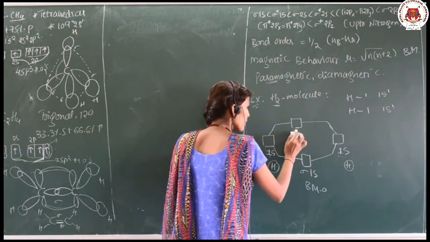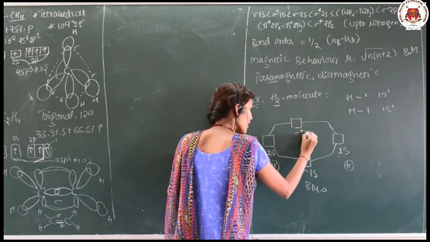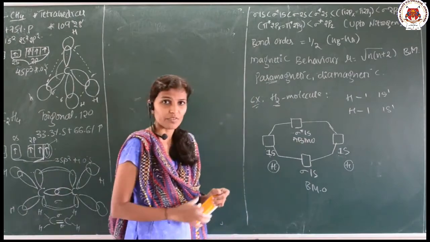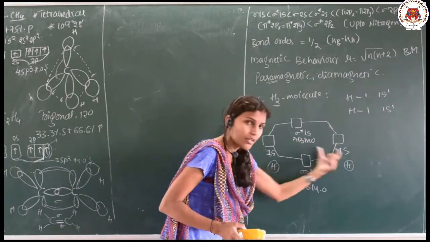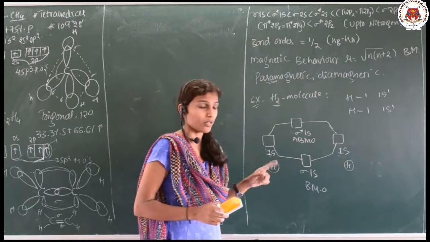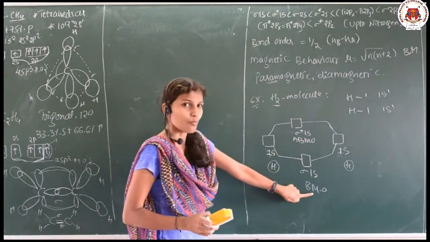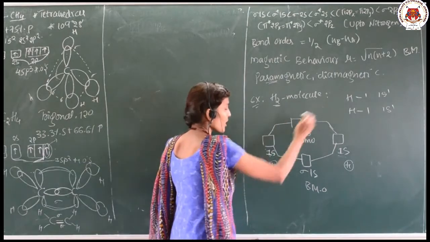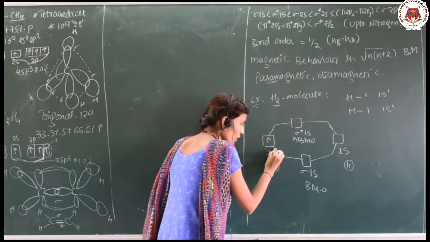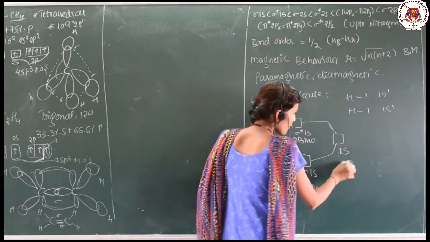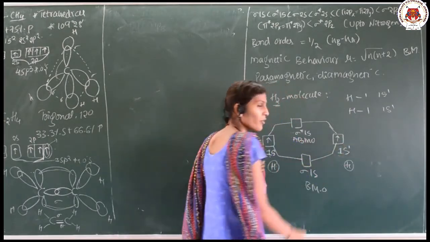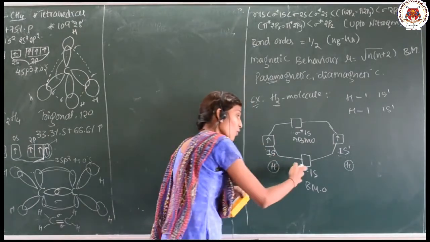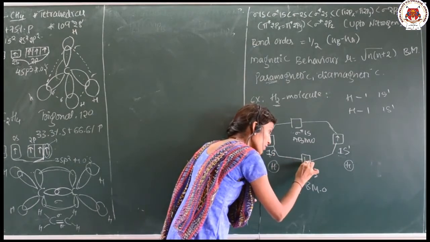This is sigma star of 1s, which is the anti-bonding molecular orbital. See here, the atomic orbitals, these 1s, combine with each other to form the bonding molecular orbital and the anti-bonding. Now, one of the hydrogens, how many electrons? 1, that is 1s1. Similarly, the other hydrogen has 1 electron in 1s, and these two combine and occupy the bonding molecular orbital, like this.